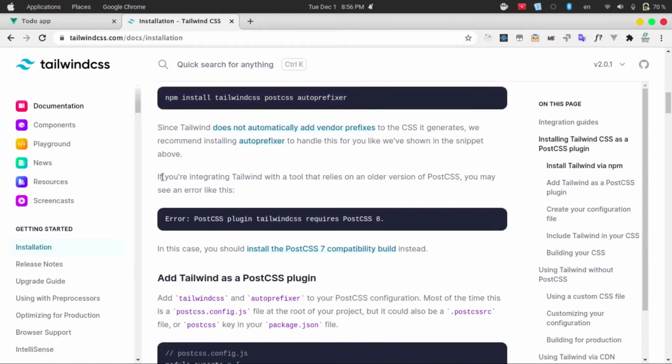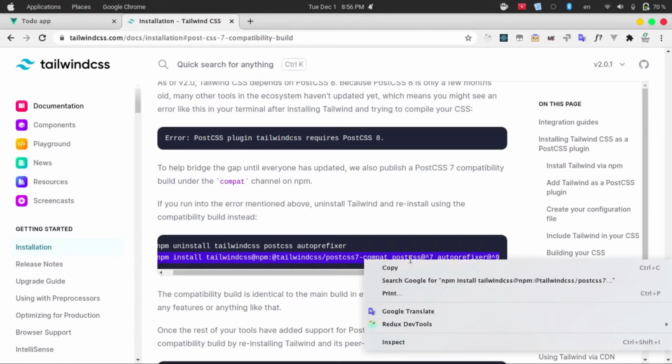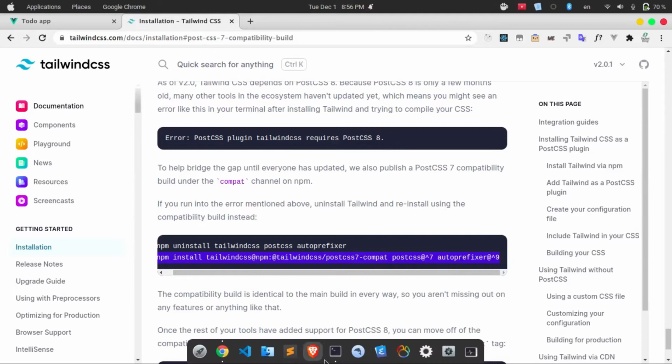But if you are integrating Tailwind with a tool that relies on an older version of PostCSS, you may see an error like this. Error: PostCSS plugin tailwindcss requires PostCSS 8. So on my machine I am getting this error, so I'm just going to use PostCSS 7. So here I'm just going to copy this command, not this one, copy. Okay, then in our